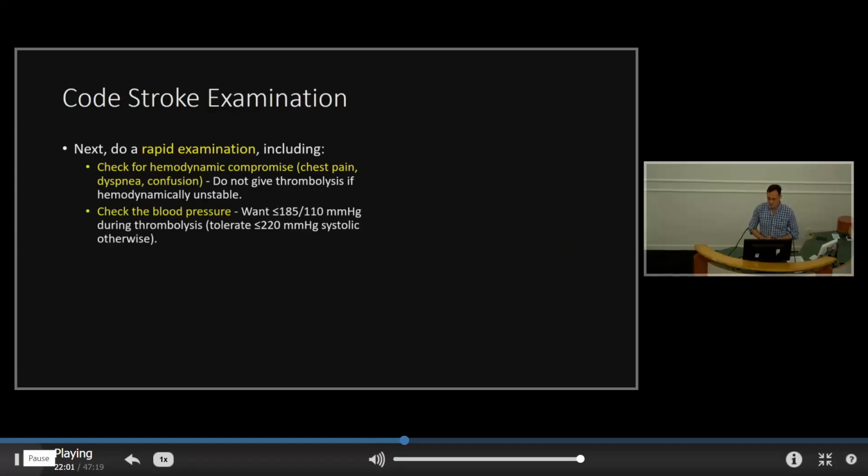Check the blood pressure in particular. When we thrombolyze, we want 185 systolic tops, no more. So that must be lowered if it is above that. If the patient is for conservative management or in the days after on the ward, you can actually accept up to 220. There's this thing called permissive hypertension after an ischemic stroke, and perhaps the brain is trying to help reperfuse the ischemic components of the brain. It's not really known, but anyways, having a highish blood pressure is absolutely not a problem after an ischemic stroke. So don't treat if it's under 220 and you're not thrombolyzing.